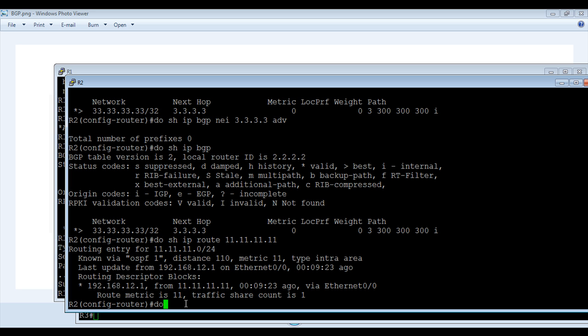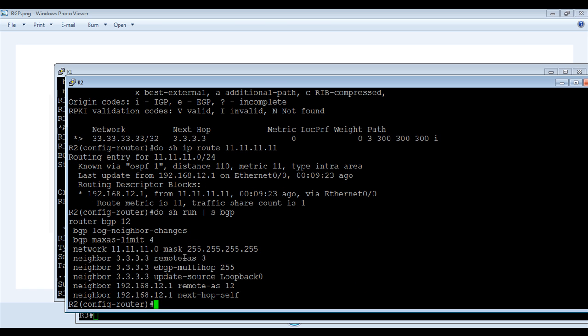Let us check on the BGP configuration of router 2. We see that router 2 is using the network command in the BGP configuration, but it uses a mask of /32, while the network is with a /24